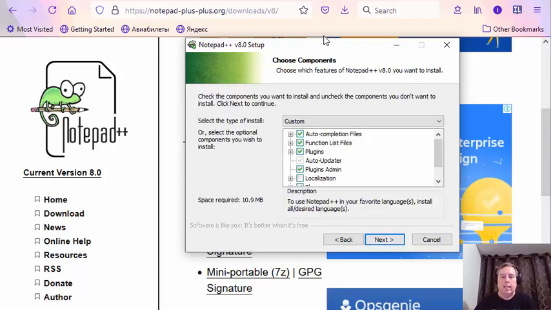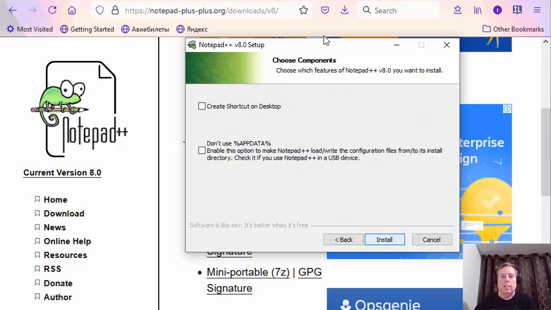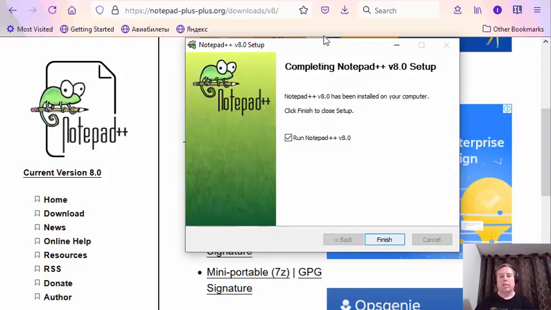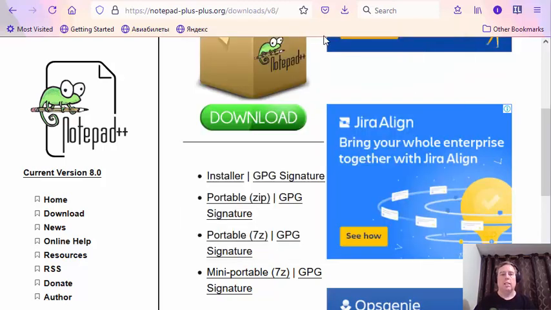And just leave everything else the same. Don't need any changes there. Click Next. I like to create a Notepad++ shortcut on my desktop. And then you click Install. And it's a very quick install. And now we can run it. So go ahead and run it. Now, when you run it,